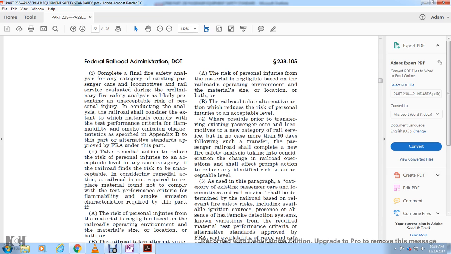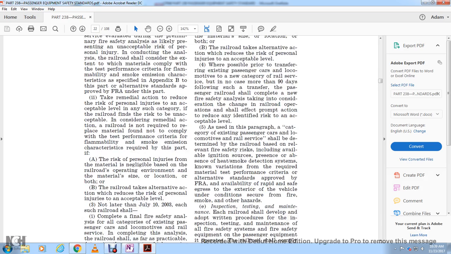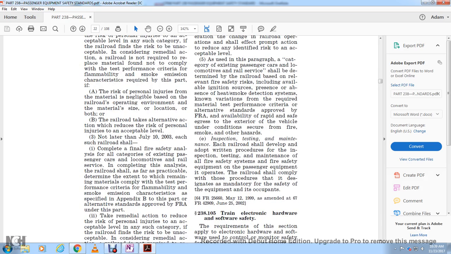Where possible, prior to the transfer of an existing passenger car or locomotive to a new category of rail service, and no more than 90 days following the transfer, the passenger railroad shall complete a new fire safety analysis taking into consideration the change in railroad operation. It shall take prompt action to reduce and identify the risk to an acceptable level. As used in paragraph A, the category of existing passenger cars and locomotives,